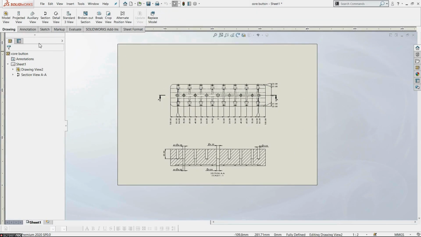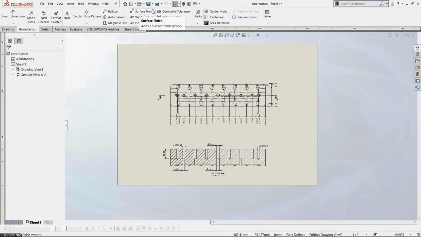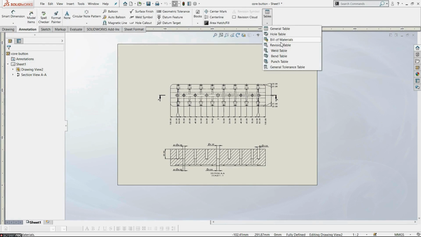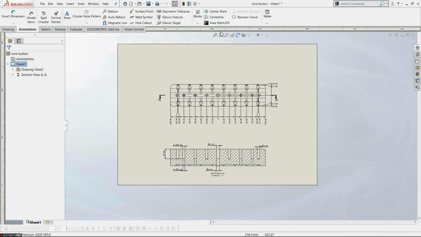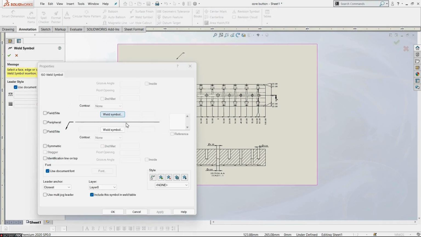What are the mate types, along with additional features and evaluating features also. Next thing you need to consider is drafting. Drafting is not only about creating a blueprint, it is about creating a drawing with proper annotations. That is the importance of how you generate a balloon, what are the uses of a revision, how we can add a revision column, what is the benefit of importing a title block, and what are the different types of projections we need to consider,